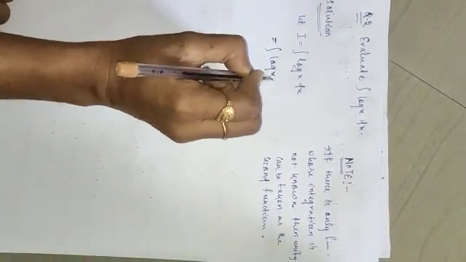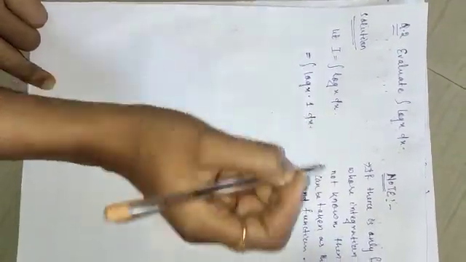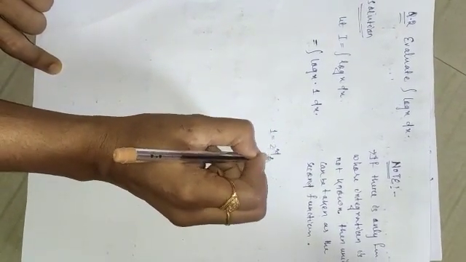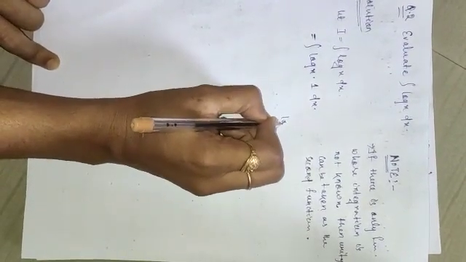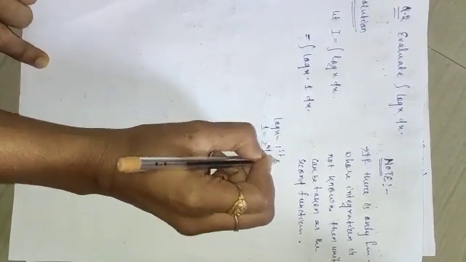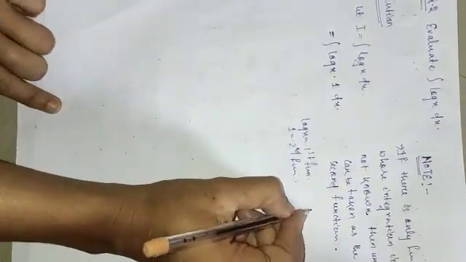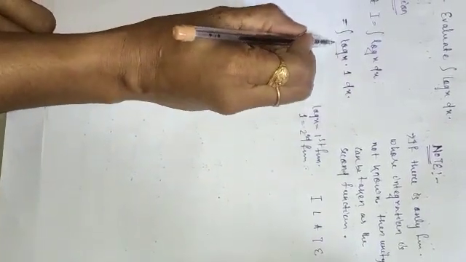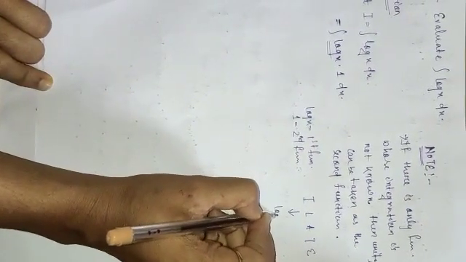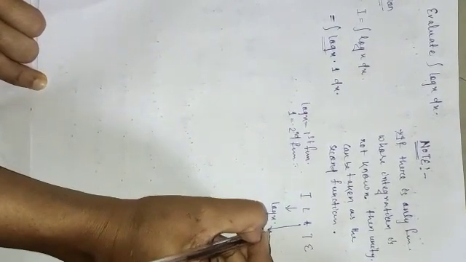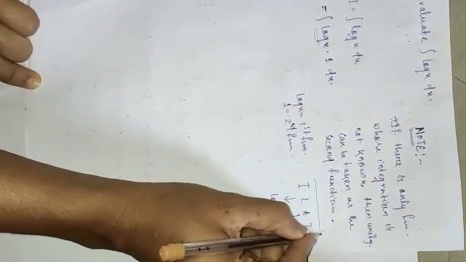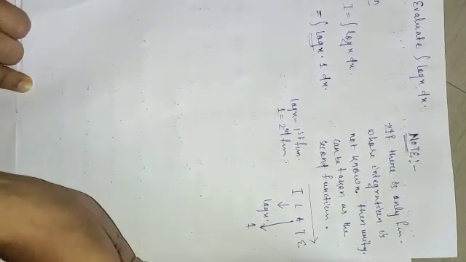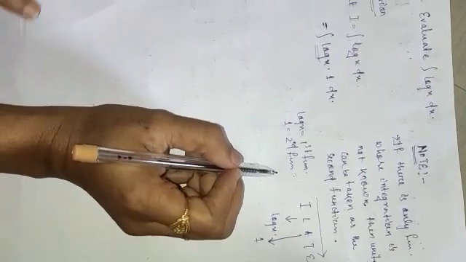Just multiply 1 with log x, and take 1 as the second function. Then obviously log x will be the first function. Or you can also check it by the ILATE rule. Log x comes under the letter L, 1 comes under the letter A. As we follow the order from left to right, log x is the first function and 1 is the second function. Or you can directly take 1 as the second function.